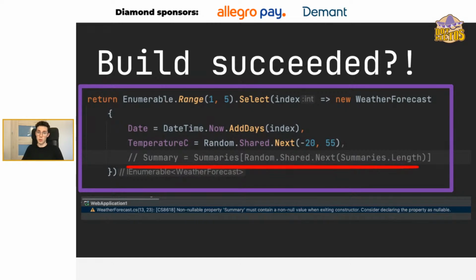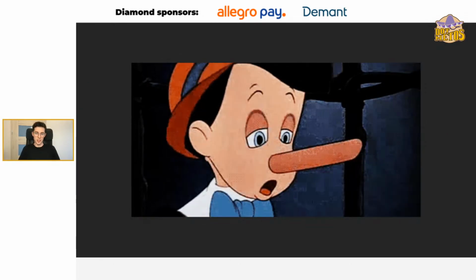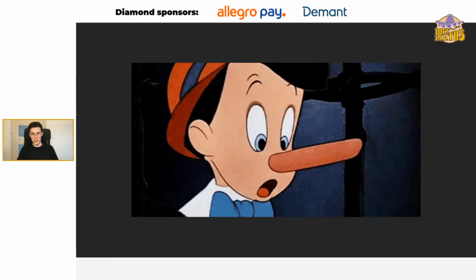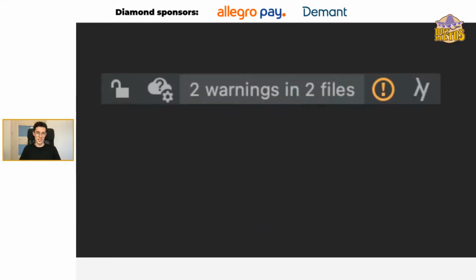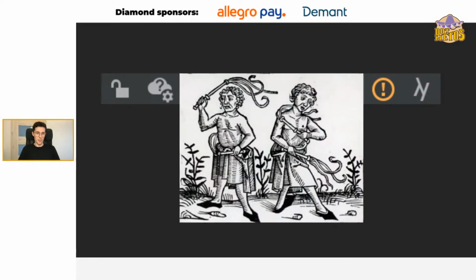The code will compile. The implementation here creates the impression that lying in the code base is just allowed, and we can ignore this warning altogether. But no one really wants to be compared to Pinocchio or obviously any other liars. So you can call me a perfectionist, but when it comes to warnings in general, when I see one in my IDE, the masochist in me awakens, and I'm starting to flog myself.